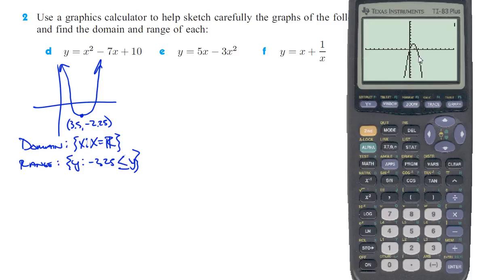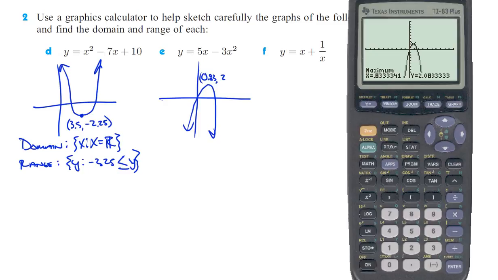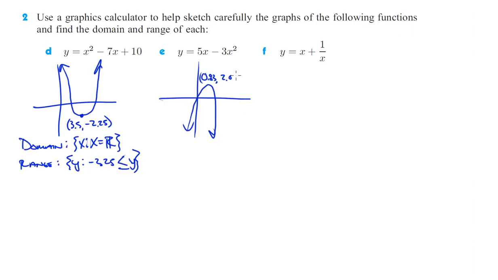Okay, so we're going to sketch it, and we got 0.83 and 2.08. Is that what it was? Yeah. 2.08. So domain